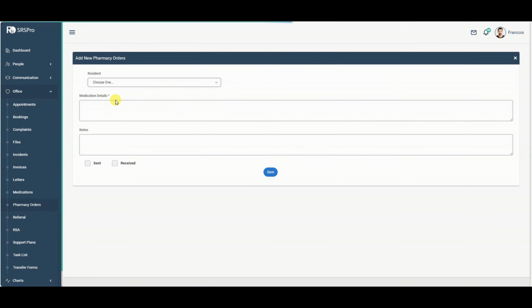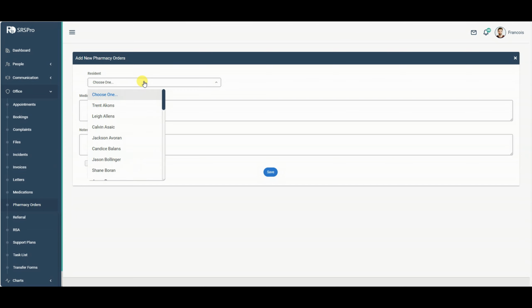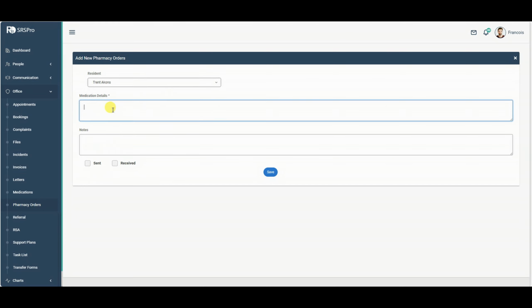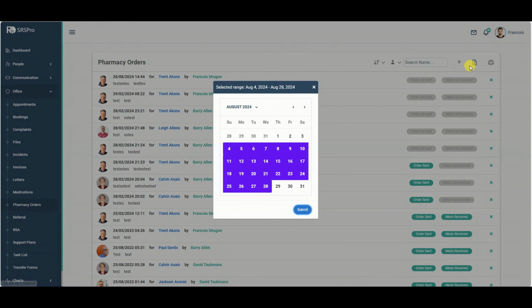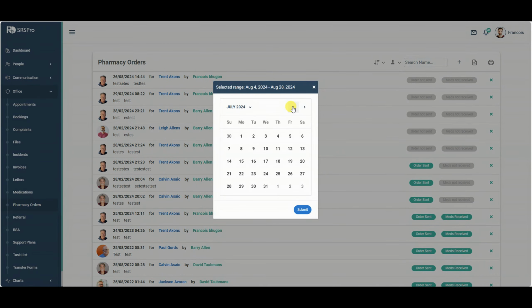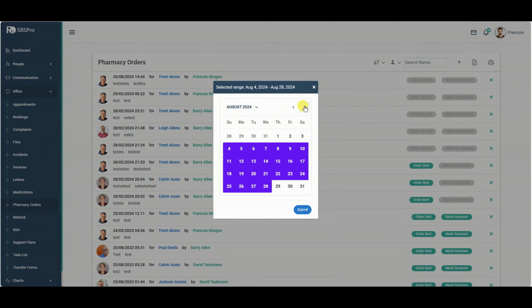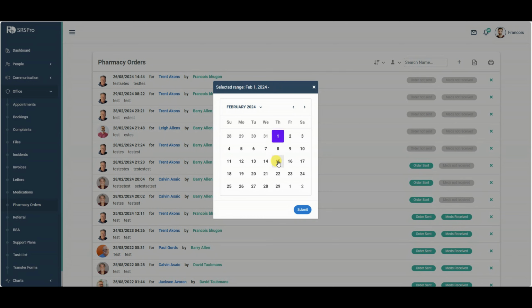So basically you just add a new medication, pick the resident, put the medication details, any other notes that you need to, save that, and then you'd basically generate a form. You'd pick the date range. These are back in February, so we'll go back to February and just as an example, you pick any date range that you want,